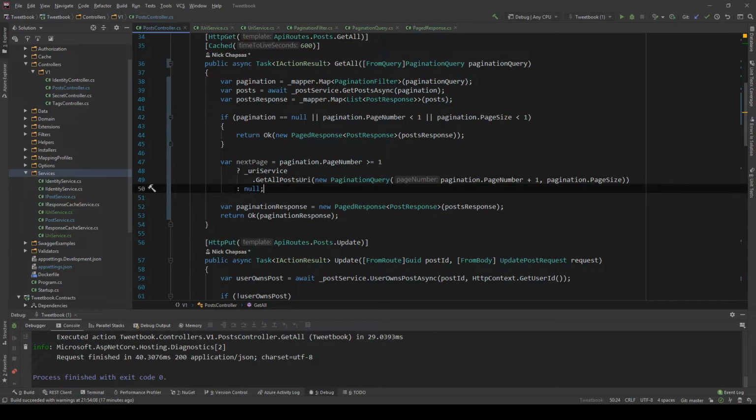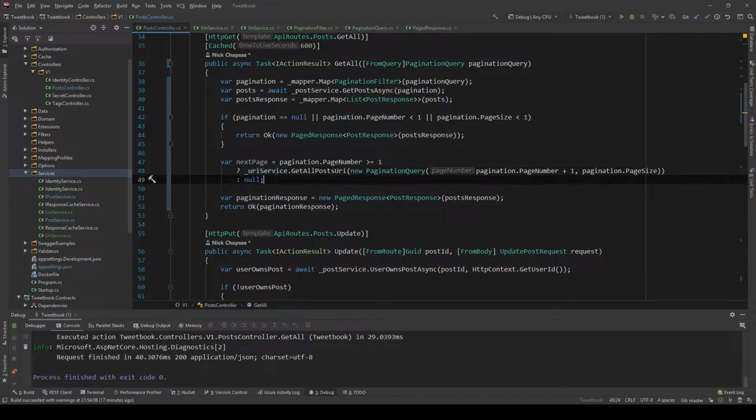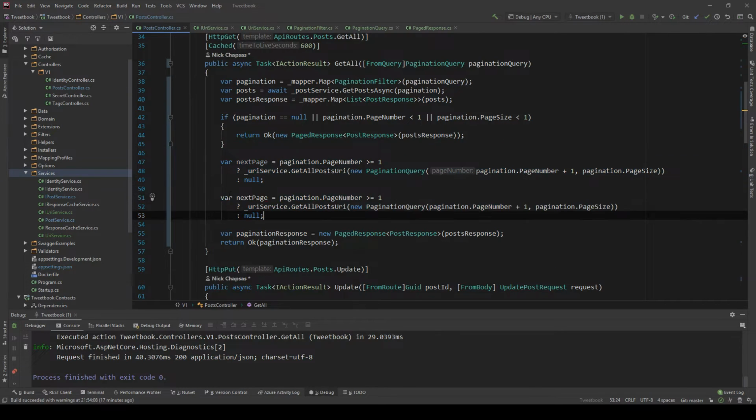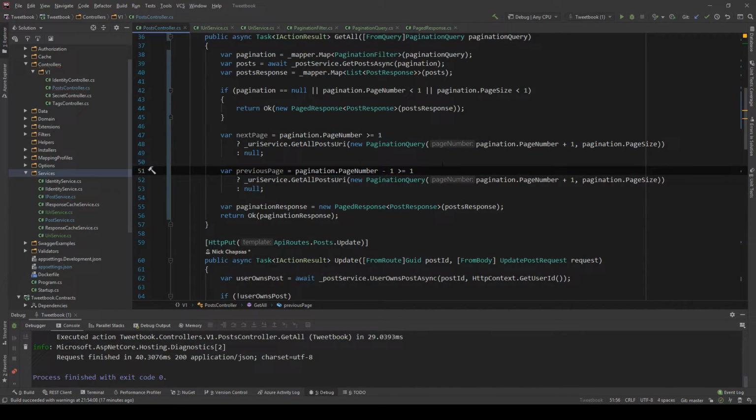So this is the next page, and we are going to do the same for the previous page, but we're going to subtract one. So I can just copy this. I can just say previous page if page number -1 is more than 1 because you don't want to go negative or 0, then page number -1 page size, and we also need to just toString this because the method will accept string. And now we have our previous and our next,